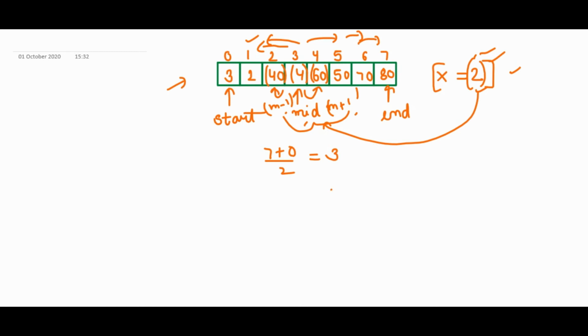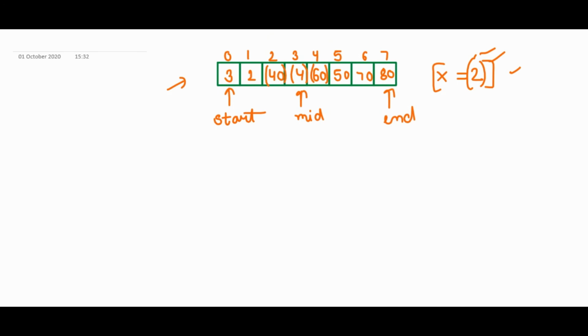That means now when we start another traversal and we go to right or left, we have to point our start either to mid plus 2, or we have to point our end to mid minus 2, depending on where we are going. Okay, so let's complete this question and see how it is working.